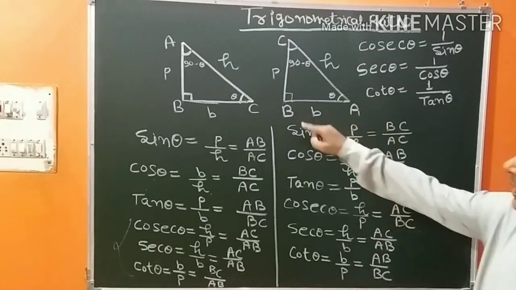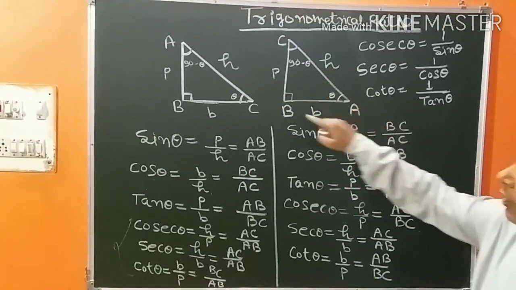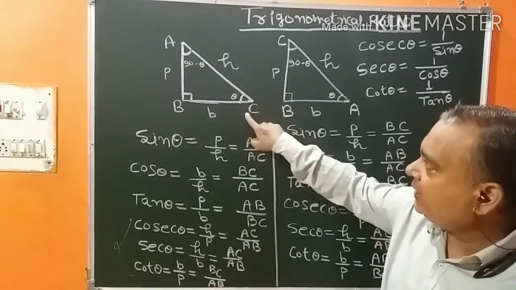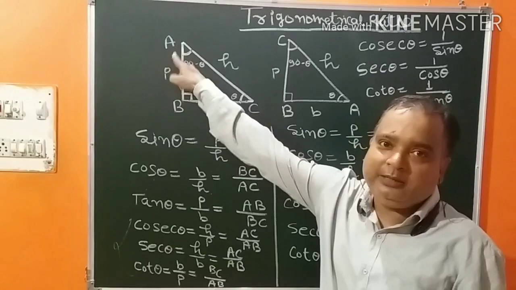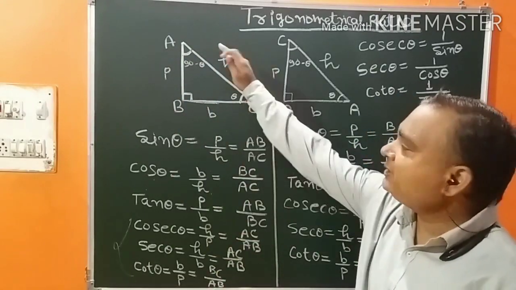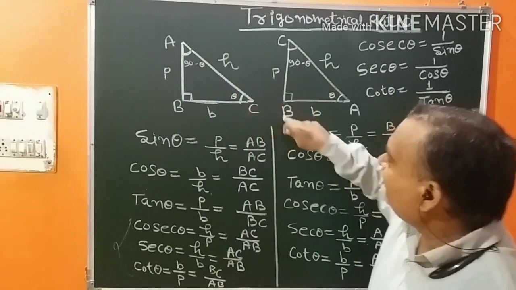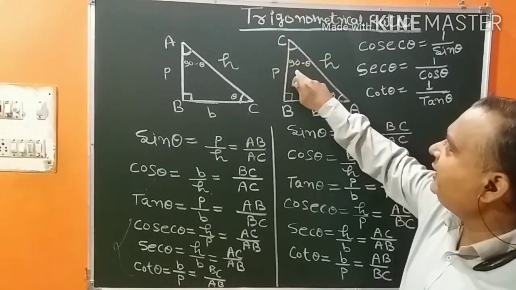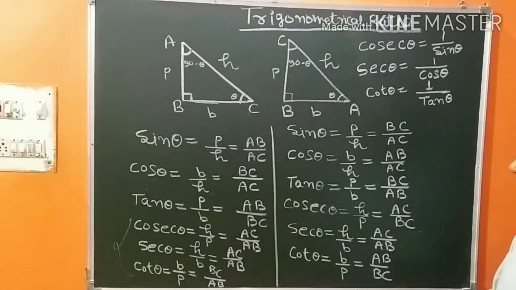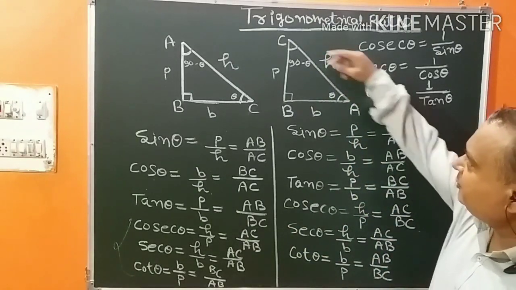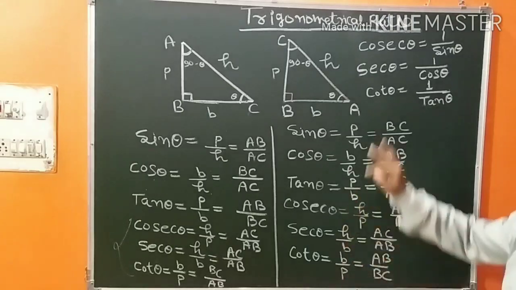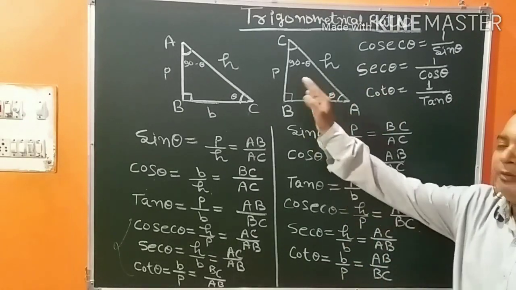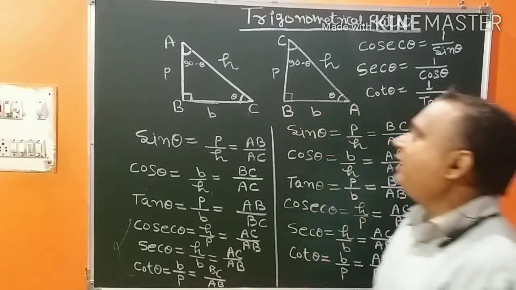Now we come to the second figure. In the same figure, I just change the position of A and C. Look at here. Here the angle C is theta. Here the angle A is 90 minus theta. But now I interchange the position, means now the value of angle A is theta and the value of C is 90 minus theta. Now look at here. If I interchange the position of angle A and C, if we observe this figure, the value or position of perpendicular and base both are interchanged.